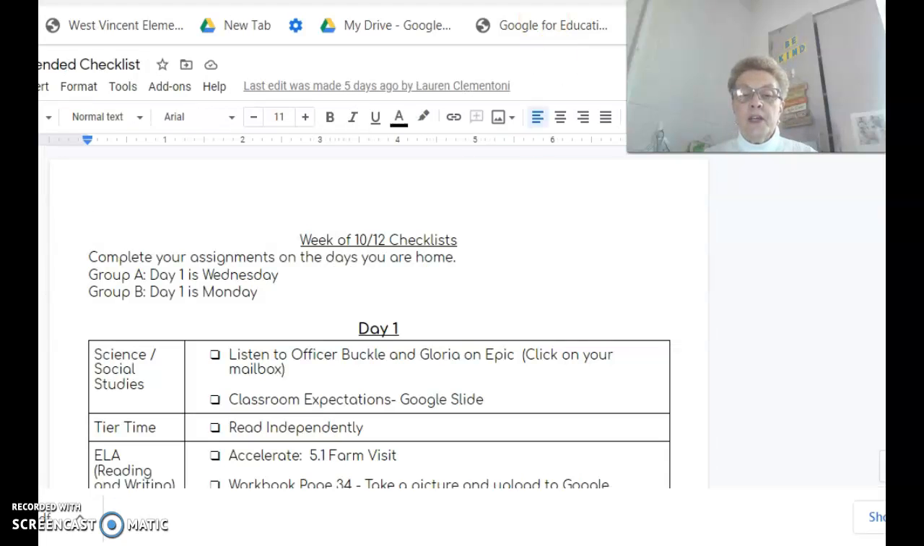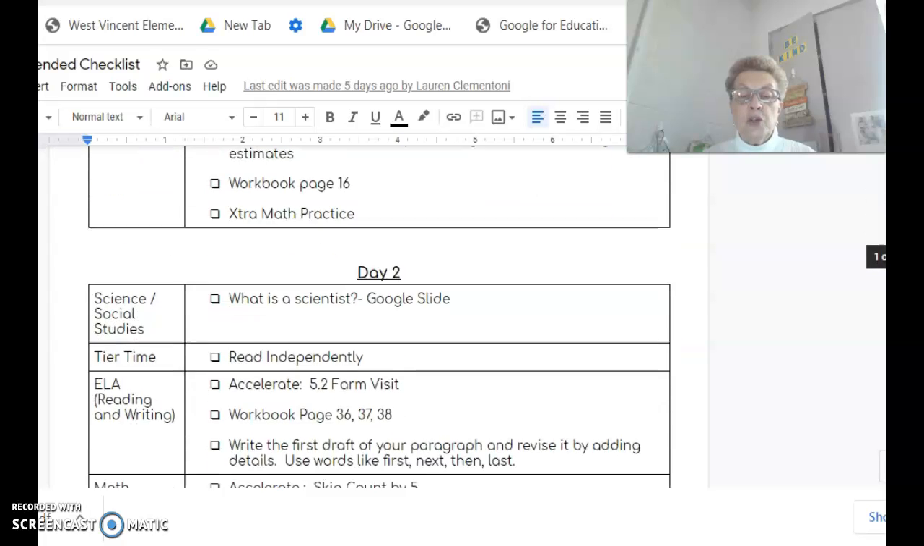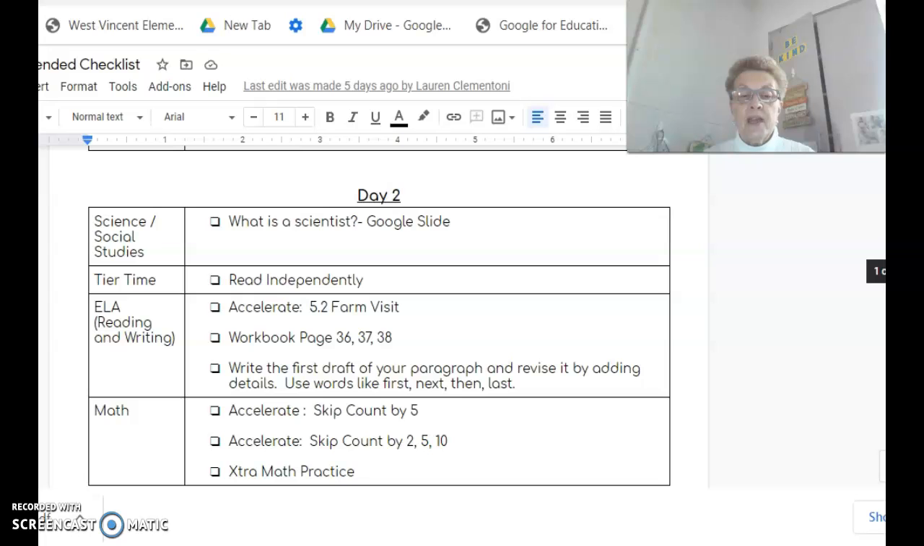I'm going to go right over here to our daily checklist. And yesterday you completed day 1 of the daily checklist. Remember, you are group A and your day 1 starts on Wednesday. So we're going to move down to day 2, because day 2 is Thursday for you. And you're going to see that in